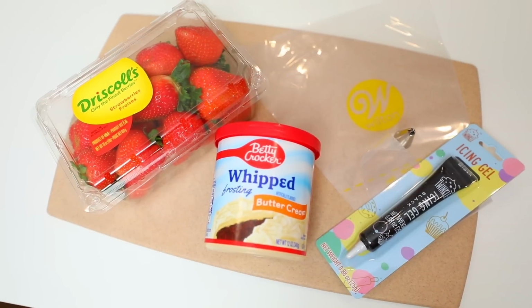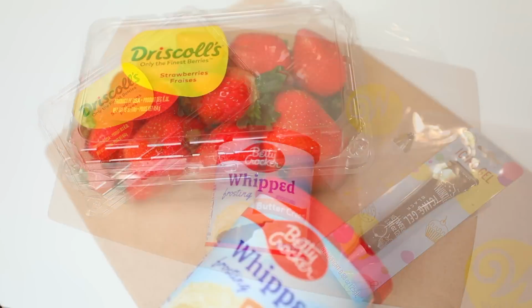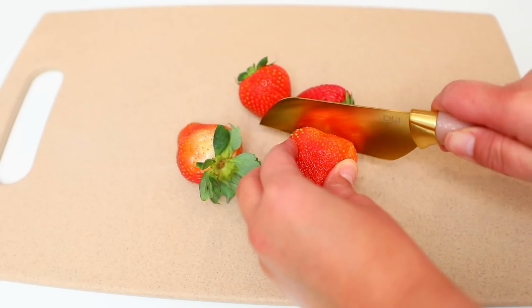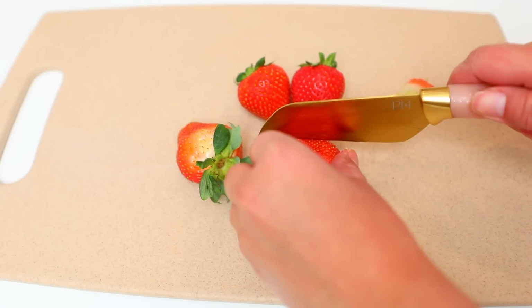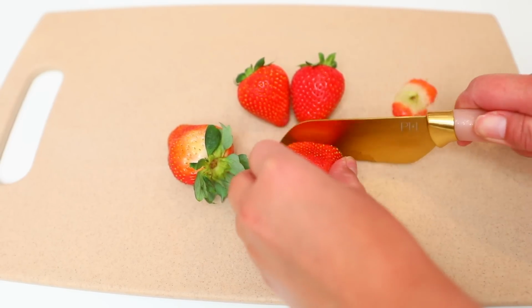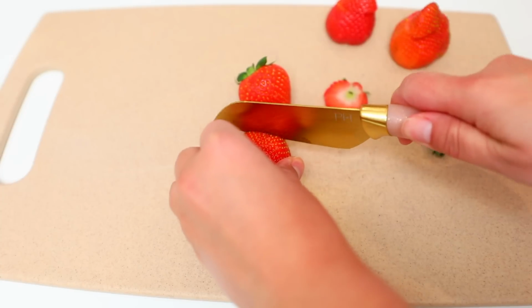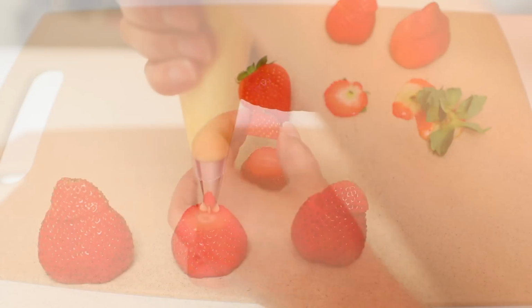So you need strawberries, some buttercream, black icing, and then a piping bag with an icing tip. You're going to take your strawberry, cut the end off of the strawberry, and then cut the tip of the strawberry off. You don't want to make it too short, but short enough where it could be the hat of your Santa